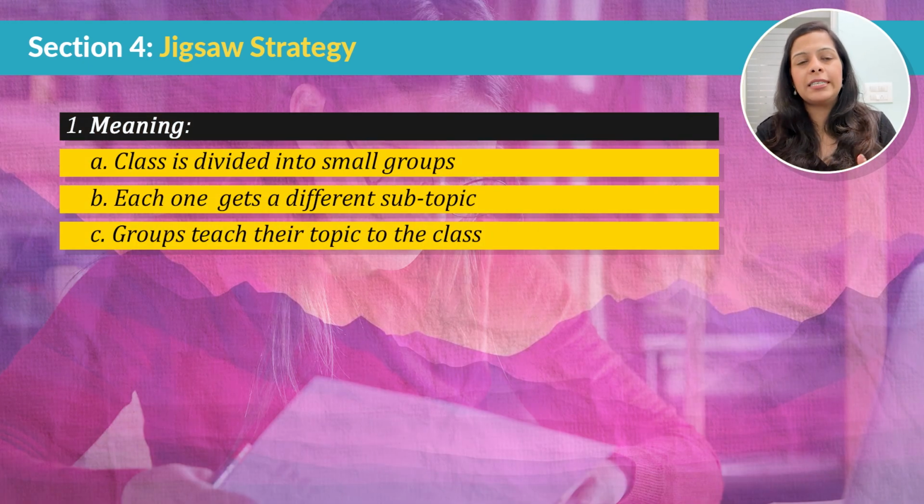Now, you will see that whenever a teacher is going to apply the jigsaw puzzle strategy, the jigsaw method of teaching, they will not only encourage teamwork among students, but that will also help students take ownership of their learning while they are also learning from one another. So वो खुद का भी learning कर रहे हैं, साथ में बाकियों से भी सीख रहे हैं.